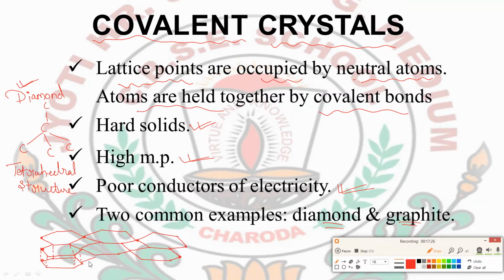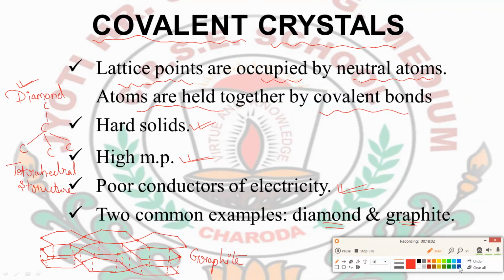Okay, like this. The second layer will be there. And these layers are connected to each other by means of covalent bonds between the carbon-carbon atoms. The carbon-carbon atoms of each hexagonal structure are connected with each other here. So this is the structure for graphite. So it is also an example of a covalent crystal.